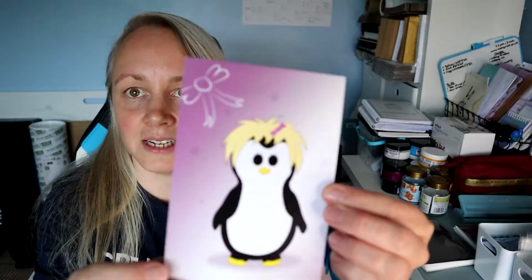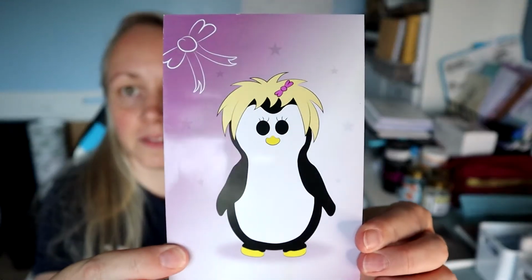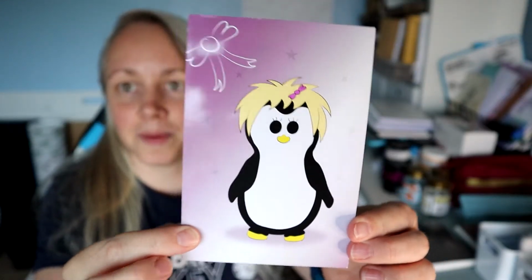because I've been doing it in the evening after work and it's not really been anything to show. So I've added some new products to the shop that I have been going to do for ages. This design has now been added to the shop. So this is Penny Penguin. So meet Penny Penguin. She's new and I've mentioned this design before and not really spoken much about it because